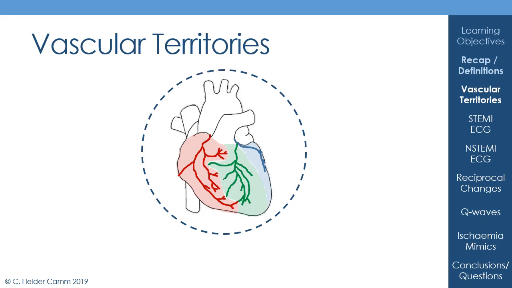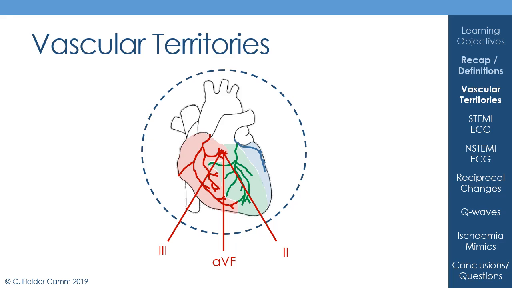And so if we move on to our limb and augmented leads here, and we cut the heart through in our coronal plane, we can see that 2, 3, and AVF are looking at the inferior portion. I think it's important to realize that that red coloration on the heart really folds right underneath onto the inferior section there, so that lead 2 on this diagram, I appreciate, looks like it's looking at the green anterior septal territory, but actually it's looking right underneath the heart at what would be an extension of that red